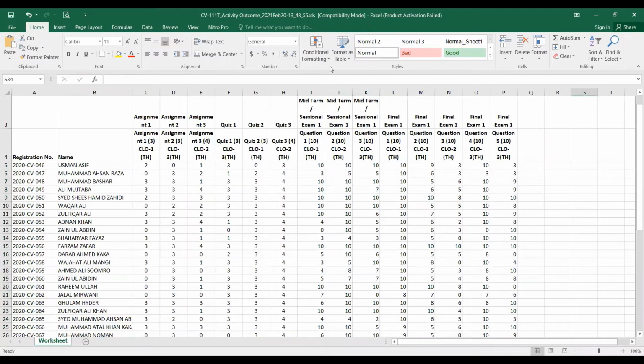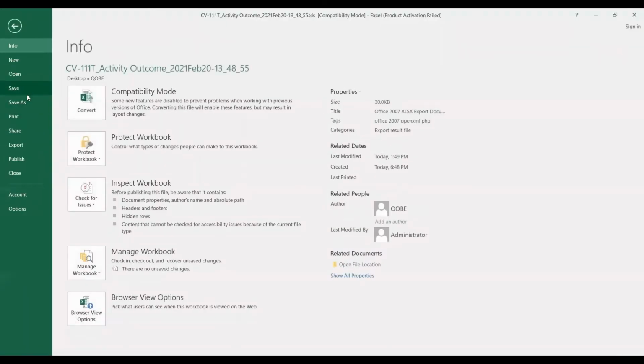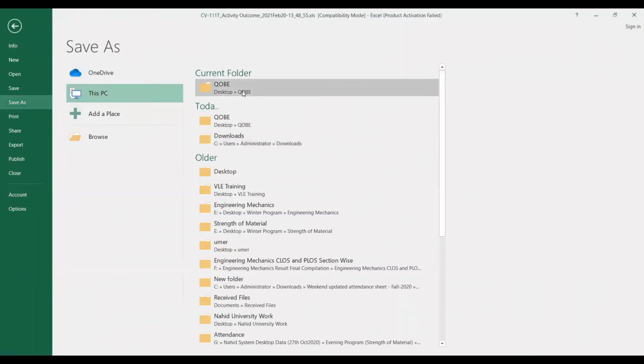And you can see in the midterm exam what is happening over here. In the midterm exam, there were 3 questions, so all the 3 questions' marks are separately given in the sheet, and you can see all the 5 question marks are separately given in the columns, individually in the Excel sheet. So right now I have to save this sheet, and I will save it in the